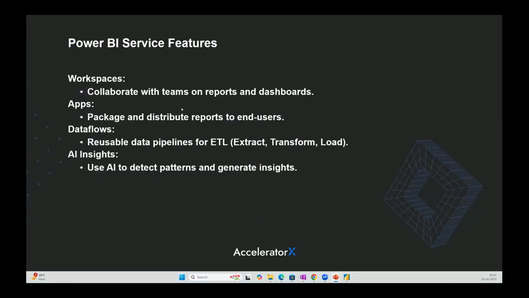And there are some other Power BI service features such as workspaces that will help you collaborate with the teams on the reports and dashboards. There are different apps, Power Apps. Basically, you can package and distribute reports to the end user, right? As I said, Power BI Mobile is also there for that. We have dataflows for that, a reusable data pipeline. As I already told you, you can create a pipeline. If you get the same data so many different times, you can actually